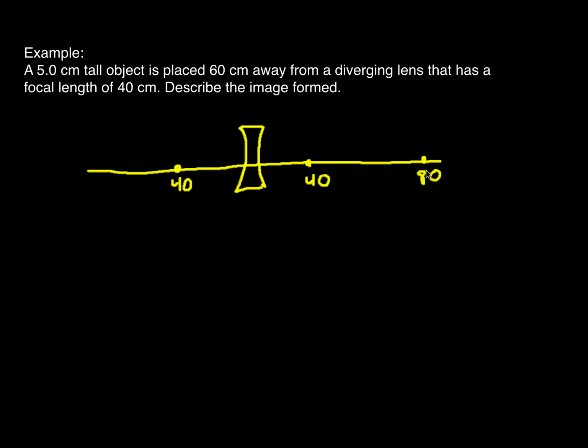Second example. A 5 centimeter tall object is placed 60 centimeters away from a diverging lens that has a focal length of 40 centimeters. Describe the image formed. Again, we'll start by drawing a picture of the situation to help us visualize it. The lens is diverging, which means it's a concave lens. The focal length is 40 centimeters, so we can draw a 40 centimeter mark on either side of the lens to represent the primary and secondary focus. The 2F point is at 80, twice the distance away. The object is placed at 60,